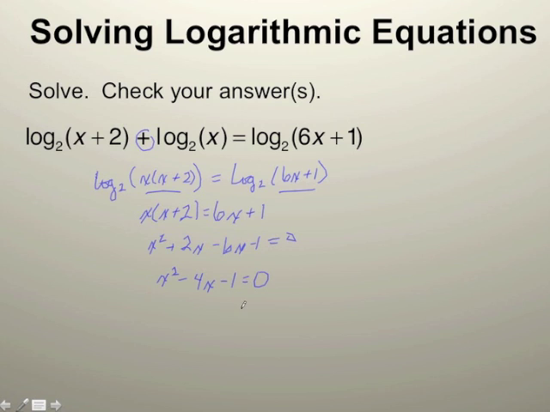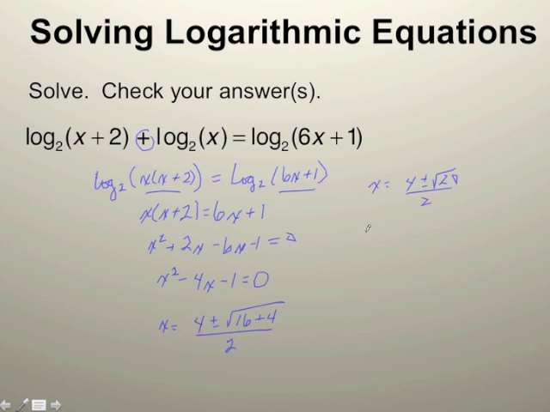This does not factor, so I'll have to use the quadratic formula. x will equal negative b, so 4, plus or minus the square root of b squared minus 4ac. So minus 4 times 1 times negative 1 will be plus 4, all over 2a. So x equals 4 plus or minus the square root of 20